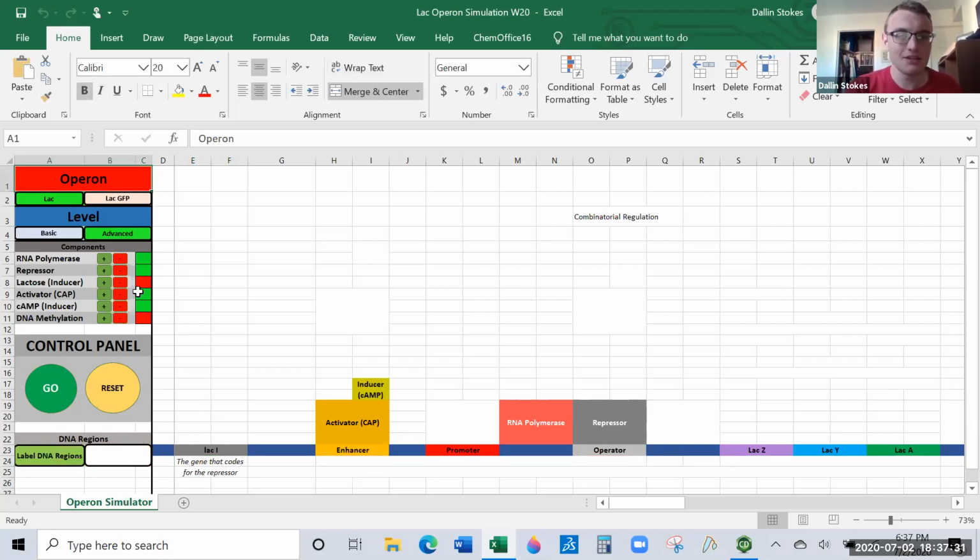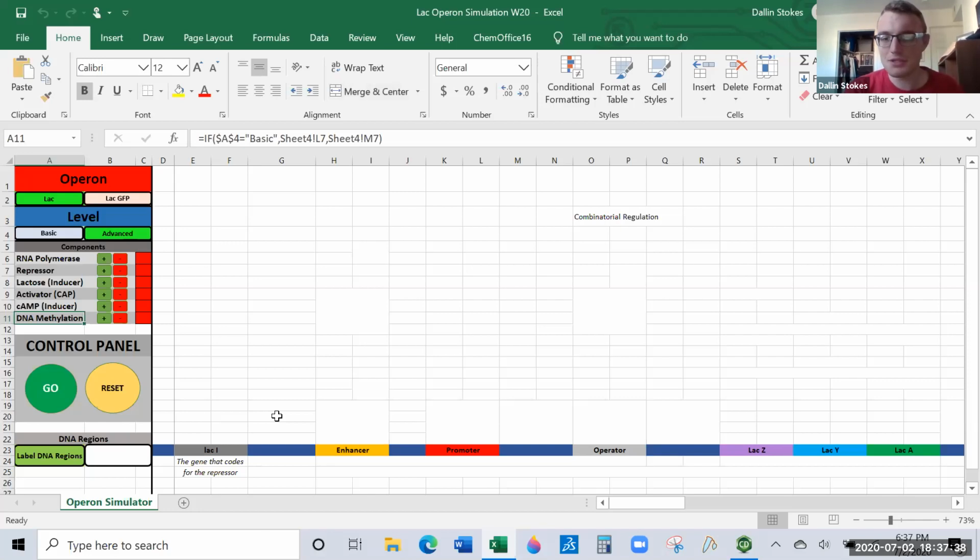Okay, so there's that one over there. One other regulation method that we use is called DNA methylation. Now this one, you would rarely see it with the Lac operon itself, but knowing that it exists and what it does is important for this week. DNA methylation is a process where an enzyme called DNA methyltransferase, but you don't need to know the name of that, comes in under certain circumstances and glues basically a carbon atom to all of these genes at a bunch of different spots.